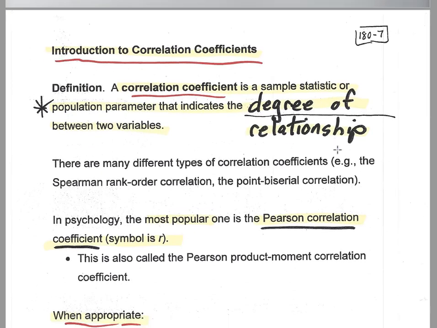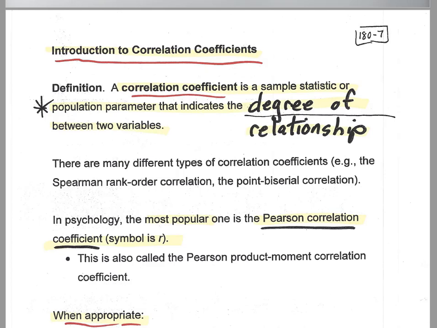I am on page 180-7. Obviously, this is not the first page in the module. The first 6 pages of this module in your Psych299 course pack, the blanks should be filled in, except there's a couple of questions at the end of the module that I left open in case we want to do some kind of a small group discussion exercise. But we can skip past that, and we will begin taking notes on page 180-7, the section that's headed Introduction